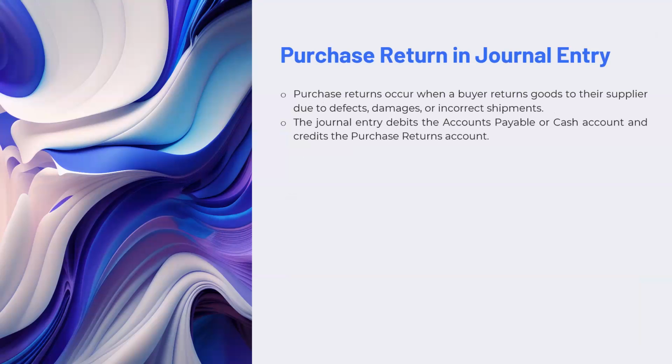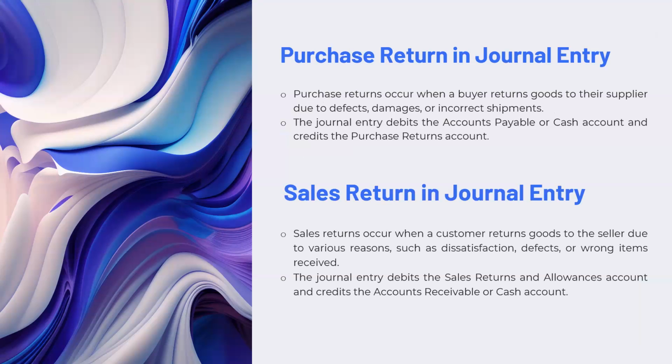Okay. So we are going to see how purchase returns and sales returns are entered in the journals. Purchase returns may happen due to various reasons. We know the organization would have purchased items that turned out to be defective, or the items would have been wrongly sent to the organization. It is not the same item, or not the same stock, that the organization has asked for. Or it can be a late delivery as well.